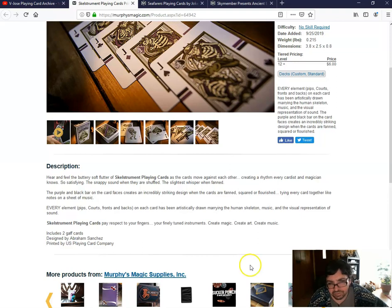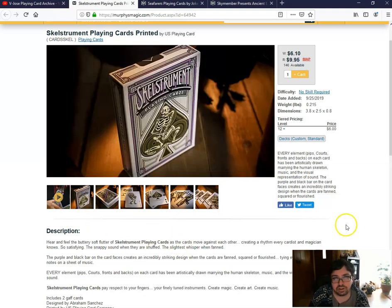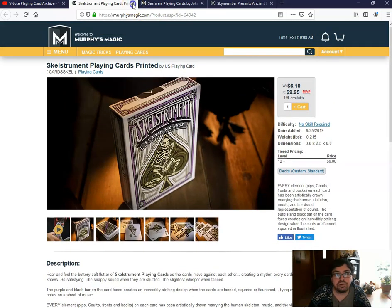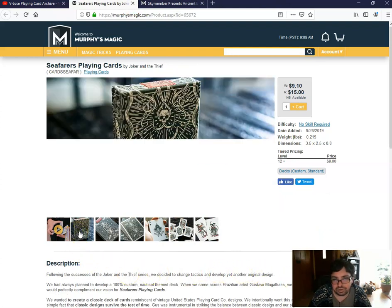Looks a couple of gaffs. You know, it seems interesting. It's got some interesting colors. By the way, there's the tuck case. Pretty nice. It should be available soon in most card and magic shops. I believe it actually is still on like a pre-order type thing. Then there's Seafarers, which is the most recent one from Joker and the Thief that was on